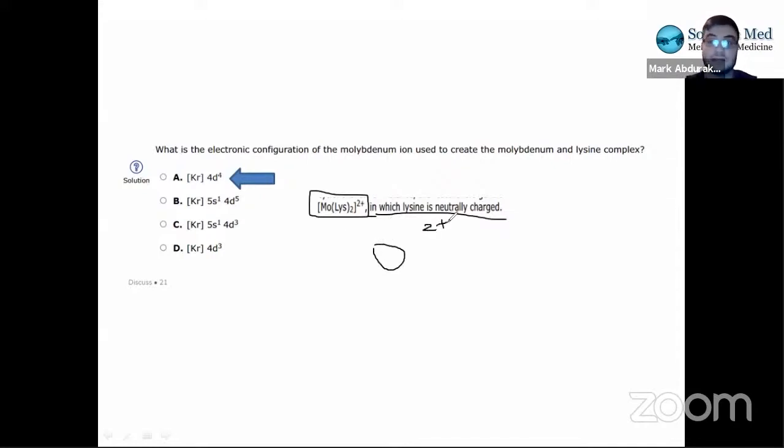So that +2 has to come from somewhere. They said it's not from the lysine. It has to come from the Mo, right? That means the Mo ion has to be 2+, because this overall thing is 2+. They said the lysine is neutral, so that means Mo is 2+. Because it's 2+, normally it does have 6 more electrons